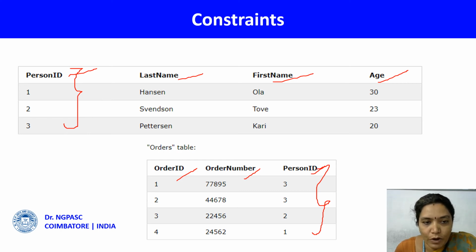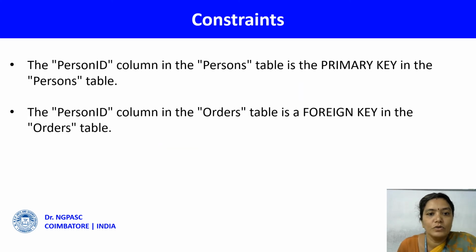So if a column is defined as a primary key in one table and a foreign key in another table, I can combine data from both the tables and take a report out of it. So here is the explanation of that. The person ID column in the persons table is the primary key, whereas the person ID column in the orders table is the foreign key.